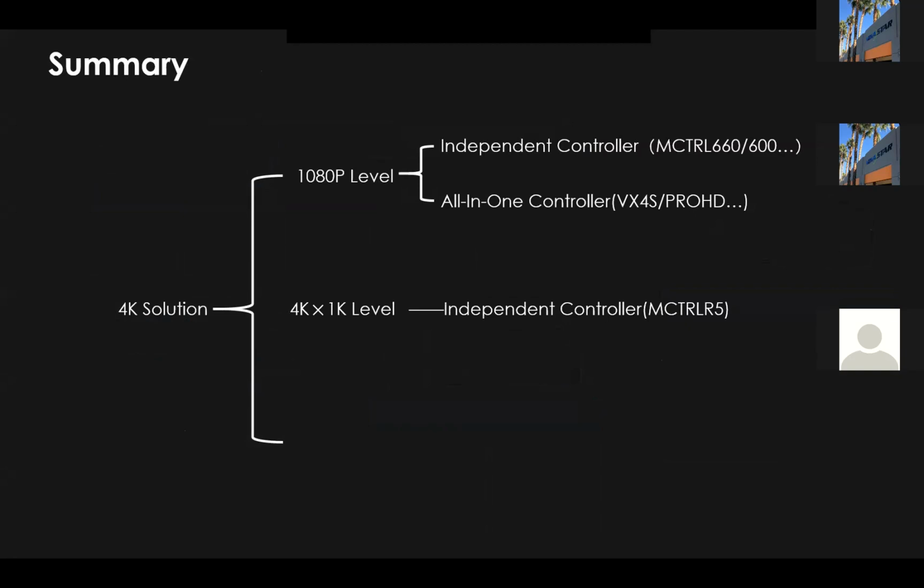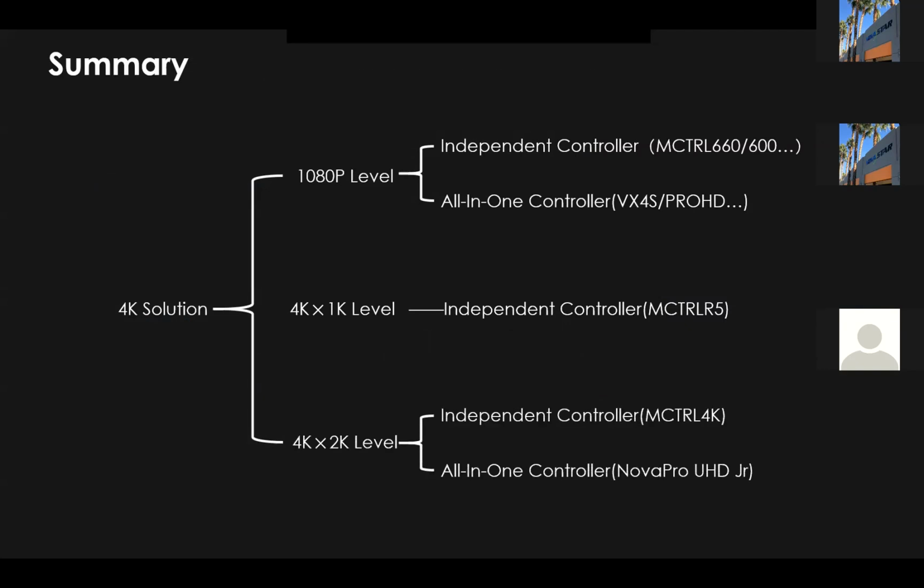And for the 4K by 1K level, we have the independent controller M Control R5. And for the 4K by 2K level, we have the independent controller M Control 4K, and also the all-in-one controller, Nova Pro UHD Junior.